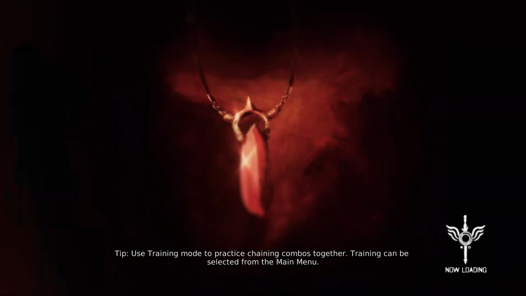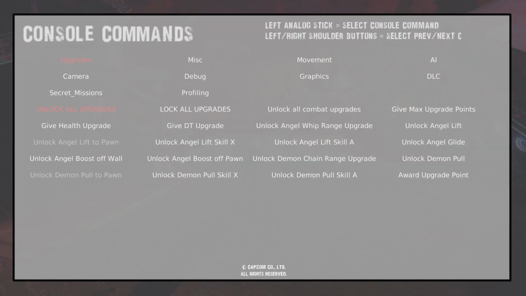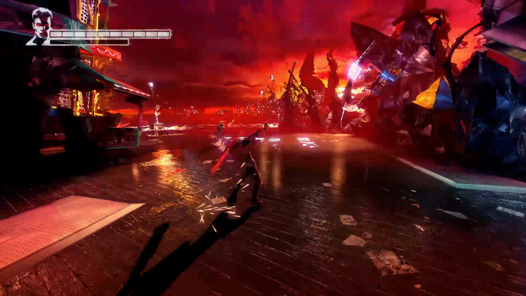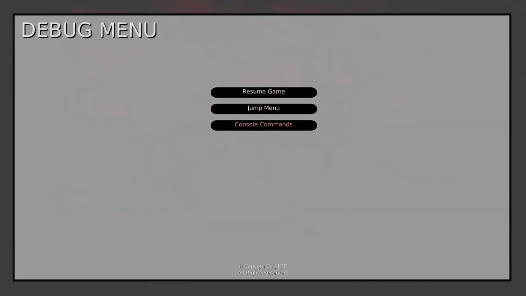If you want to give Dante all of his moves and weapons within seconds, here's what I would do. First, go to Mission 1. Once it loads, go into the Debug menu, select Console Commands, and select the Unlock All Upgrades command. It should boot you out of the Debug menu. If you want max health and max double trigger, repeat the process by opening up the Debug menu, opening up